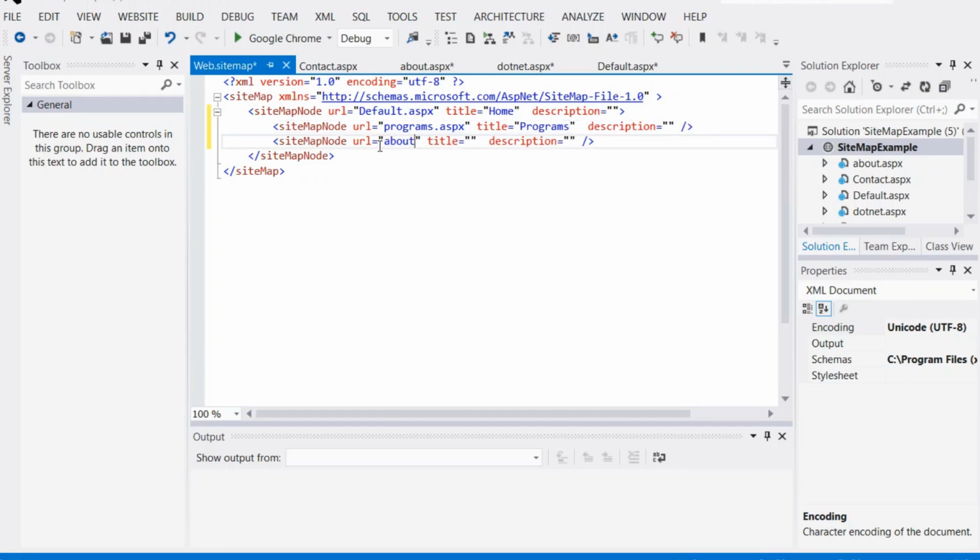As you can see, I had used sitemap node and I have closed that node only after putting programs, about and contact page. So programs, about and contact page are the sub nodes of this home page.